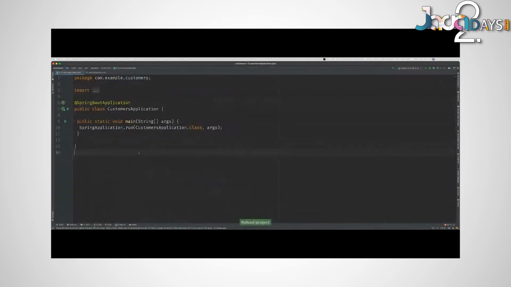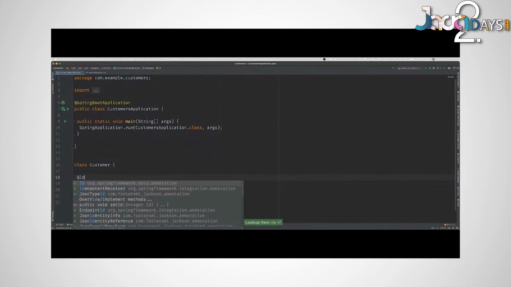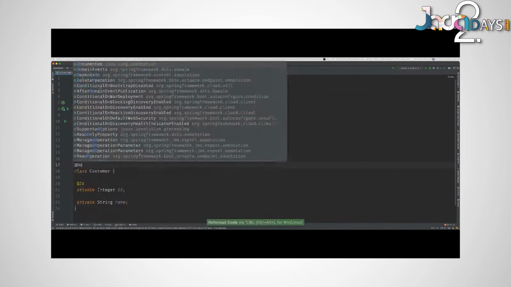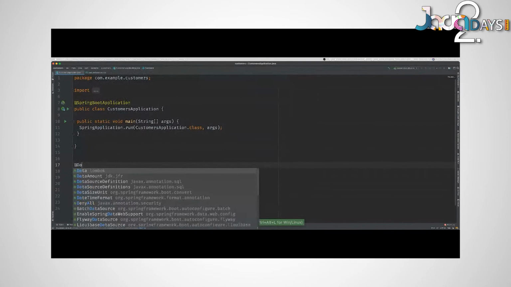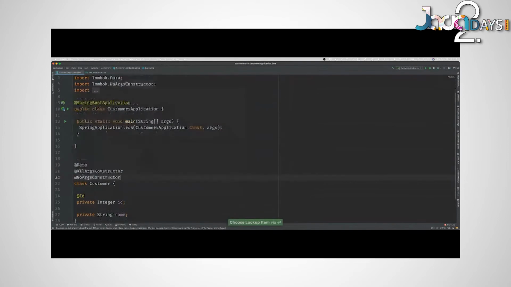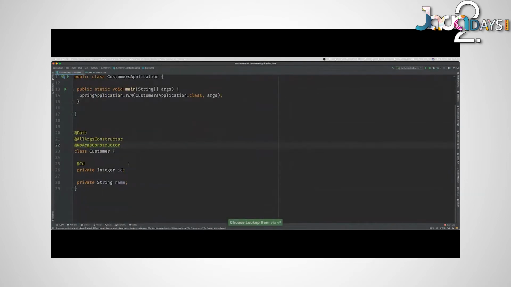So I'm going to build an application that manages data of type Customer: private Integer id, private String name. I'm going to have id as the primary key there. We use @Data and @AllArgsConstructor. So there's my basic object, right? And there's my private id. And then I want to save instances of this type into the database.